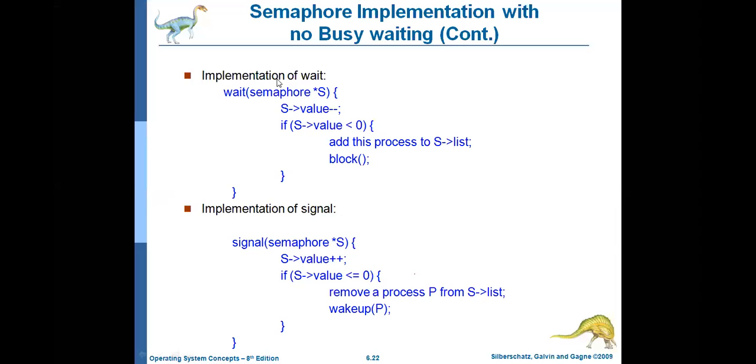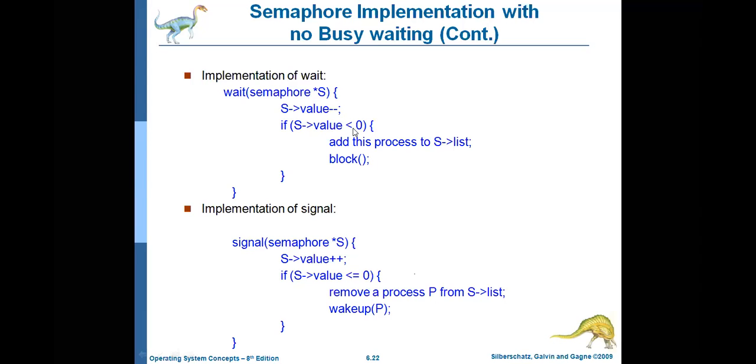So let me explain the code. Here it is a semaphore. The semaphore value will become 0. Why? Because the semaphore value is initially 1. Whenever you perform the wait operation, it will become 0. So whenever the semaphore value becomes 0, another process cannot perform the wait operation. For example, if any other process is willing to perform the wait operation, what will be the value? The value becomes 0 minus 1. That means minus 1, which is less than 0.